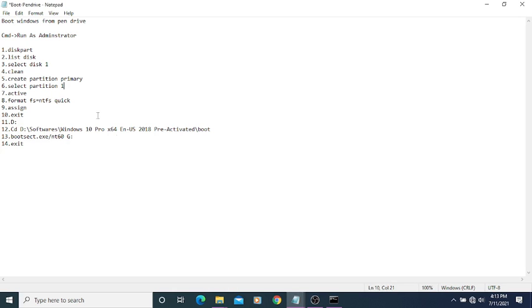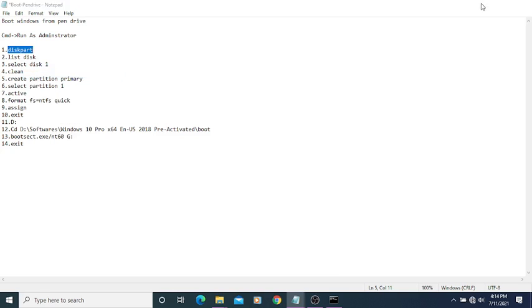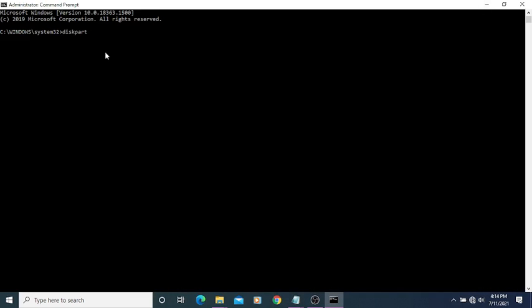After that, you have to follow the steps. I will paste these steps in the description also, so that it will be easy for you. First is diskpart. We will copy it, right click, and it will paste the same thing. After that we will press enter. So again diskpart will appear.